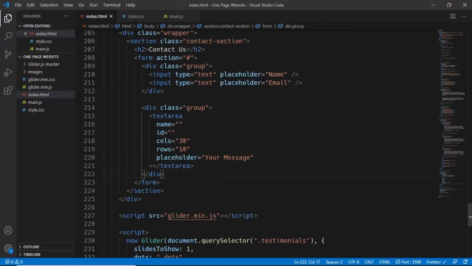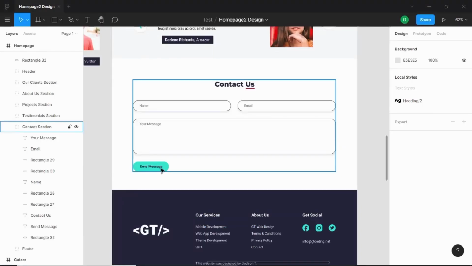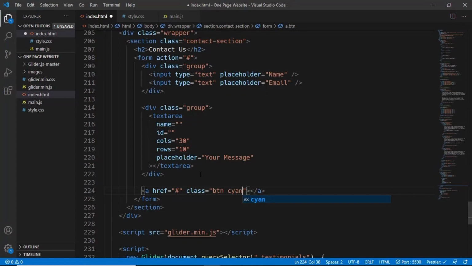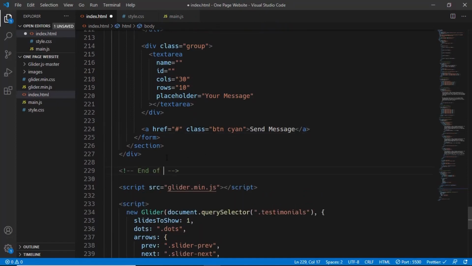and we'll just type your message. And then lastly we have the button, so here we'll type a, and we'll give it a class of button, and it's a button with the cyan color, so we'll just type cyan over here for the class, and here we'll type send message. So this is how our contact section looks right now. So let's go ahead and add a comment over here, end of contact section,